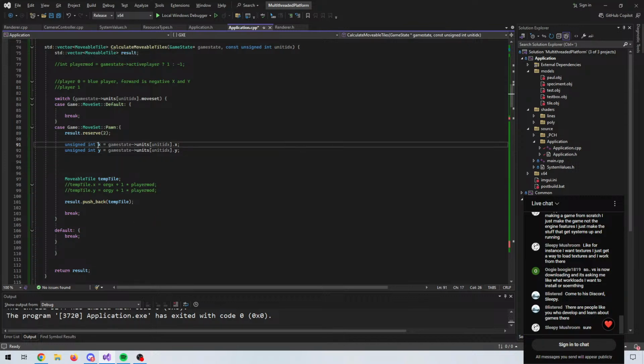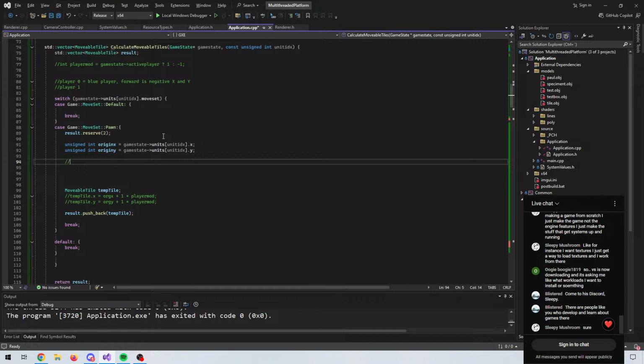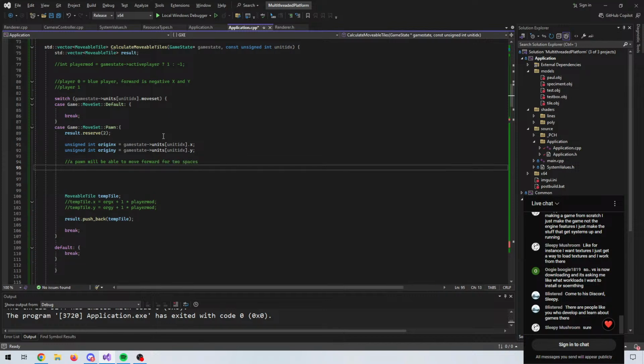Okay. Origin. A pawn will be able to move forward for 2 spaces. So let's